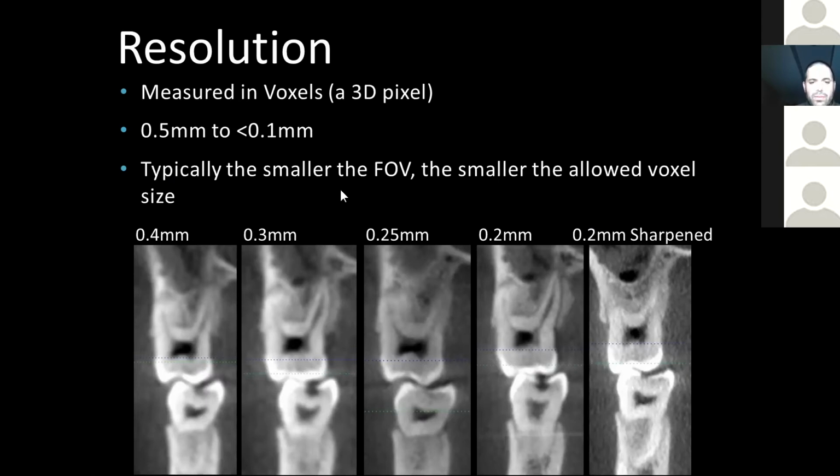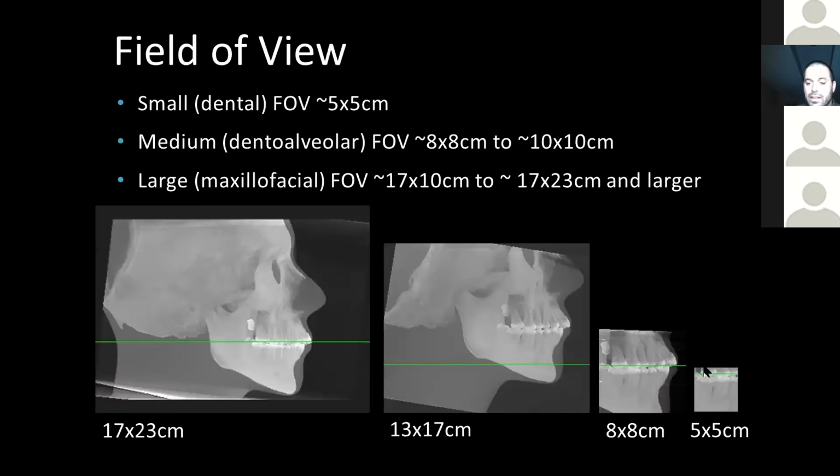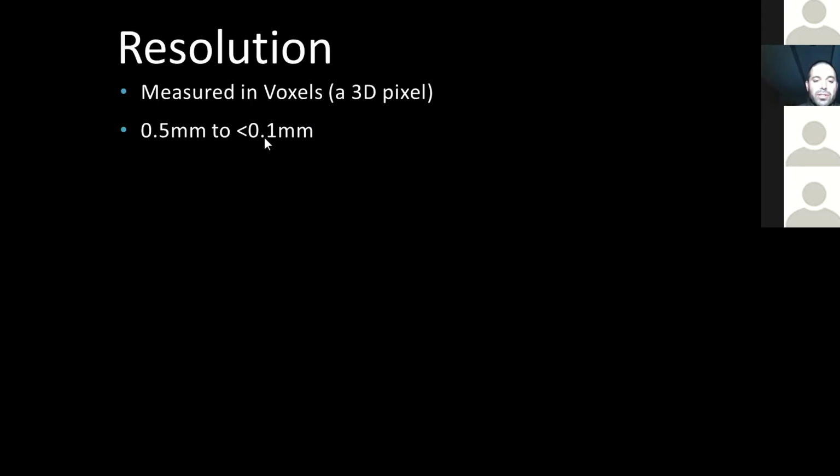I want to re-emphasize this point right here. The smaller the field of view, the smaller the allowed voxel size. That's this unit right here. So with this small field of view 5 by 5 unit, a lot of times people will call these endo units, you can reach this sub-10th of a millimeter resolution size, which is really useful for looking for missed canals,